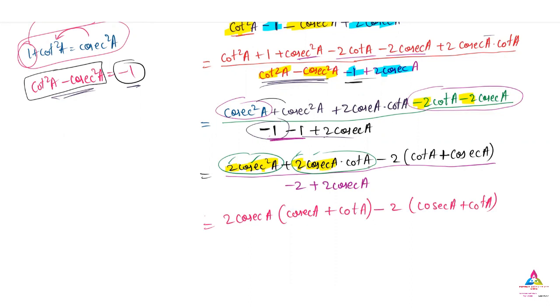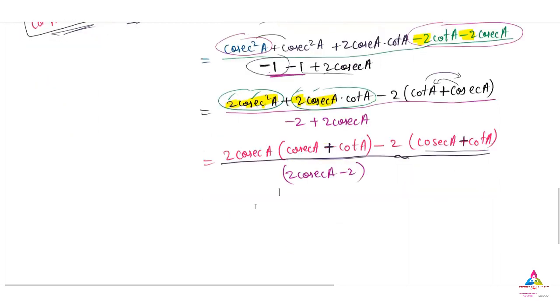First I have written cosecant A, then cot A, because here also we have the same thing, cosecant A, cot A. So I have written cot A here and cosecant A here. Nothing changes, it will be whole divided by minus 2. I will take it common, inside it will remain 1 plus cosecant A, or it is better to keep that as it is, no need to make anything common. I will write down the 2 cosecant A first, then minus 2, and put the bracket. I have not taken common in that because both will cancel out.